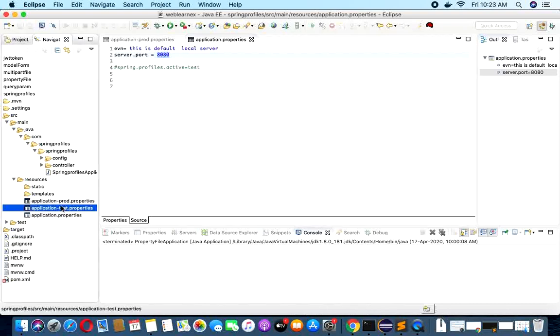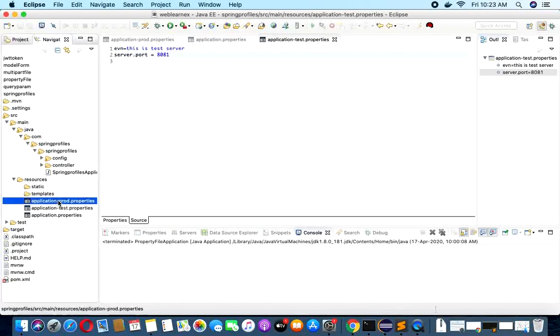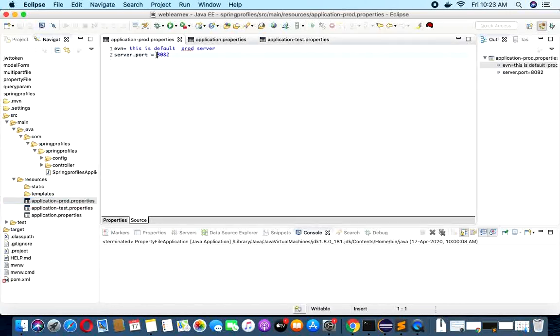When I deploy to my test server, it will run on port 8081, and for production I am going to deploy on port 8082. So these are my different profiles.